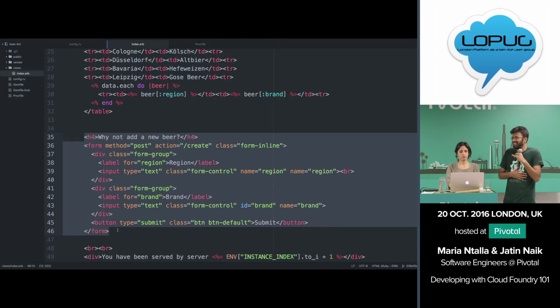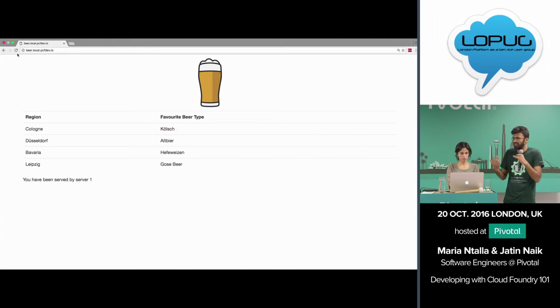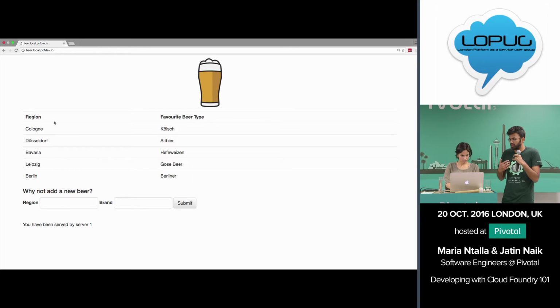So if you go back to the HTML, and if we refresh the page, we will have an input box. And we can add new beers to that application. What you notice now is all the 5 servers are connected to the same database and are reading the data from the same